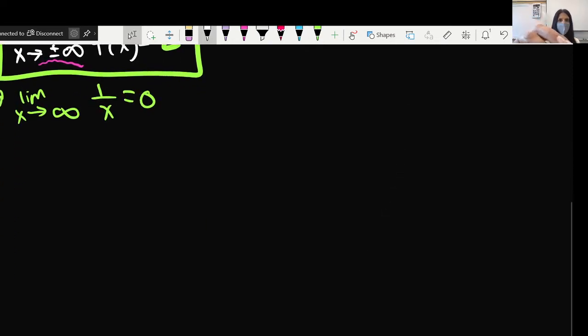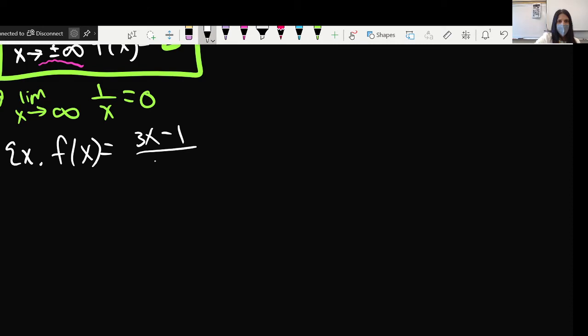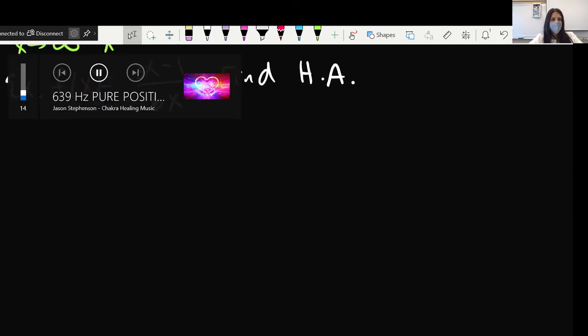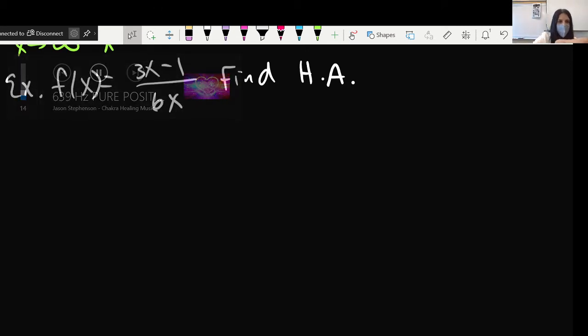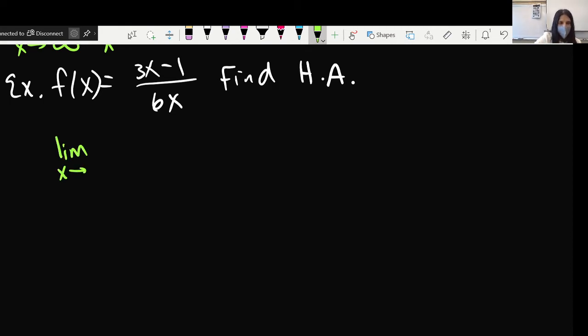Okay, so then let's take a look at some examples. If we have, for example, f of x equals 3x minus 1 over 6x, and we want to find the horizontal asymptote. I'm going to be lazy and just abbreviate it. We all know what that is, right? We want to find the horizontal asymptote, but we want to apply our new skills using this idea of limits. So we would want to take our function and we would again say the limit as x approaches infinity for f of x